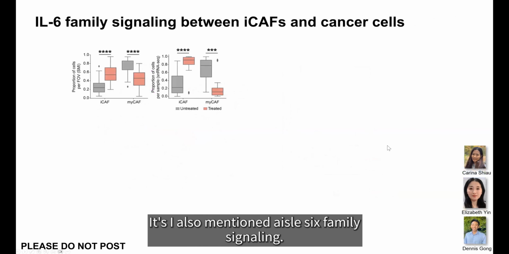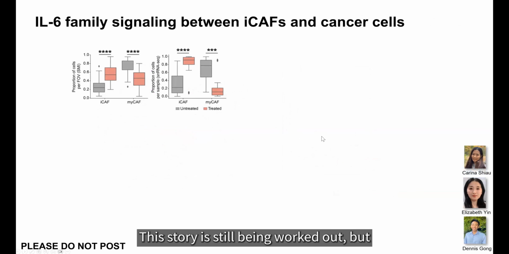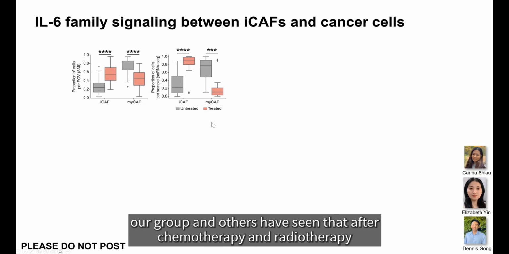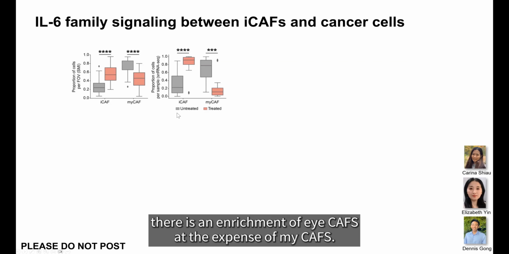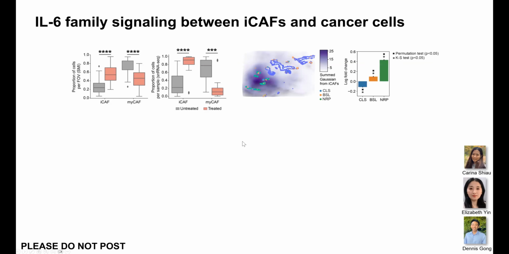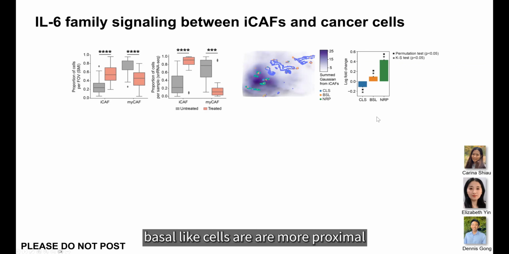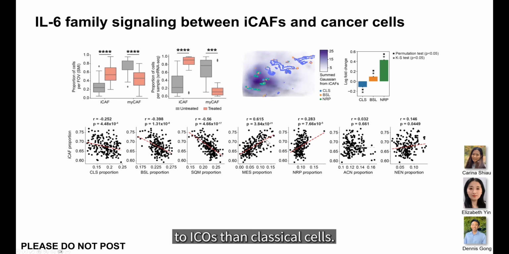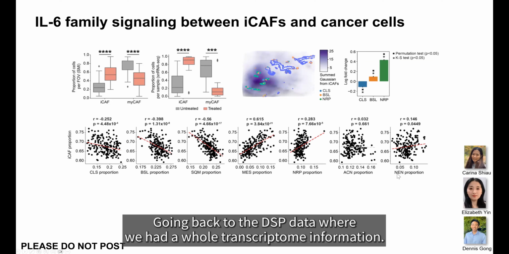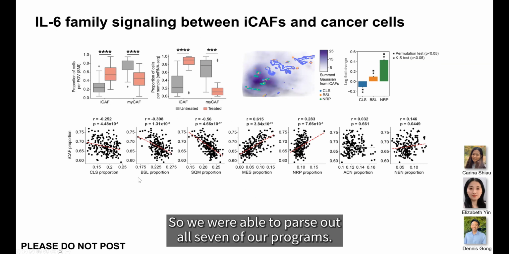I also mentioned IL-6 family signaling. This story is still being worked out, but our group and others have seen that after chemotherapy and radiotherapy, there's an enrichment of ICAPs at the expense of MICAPs. We find that actually neural-like cancer cells, and to a lesser extent basal-like cells, are more proximal to ICAPs than classical cells. Going back to the DSP data where we had whole transcriptome information, so we were able to parse